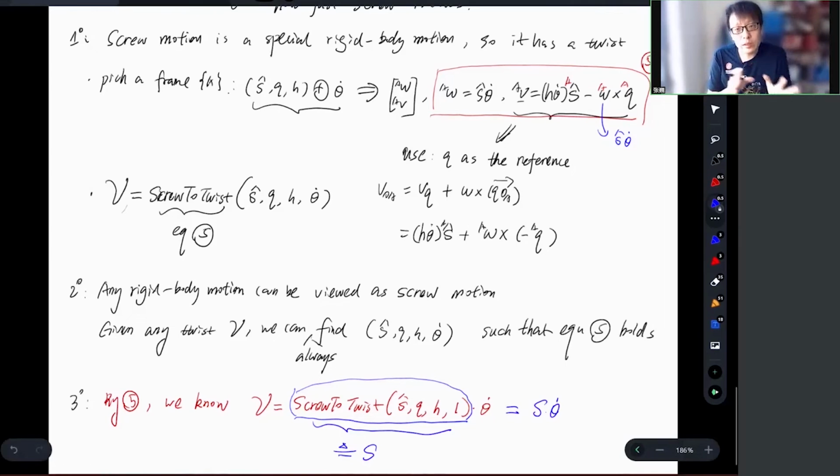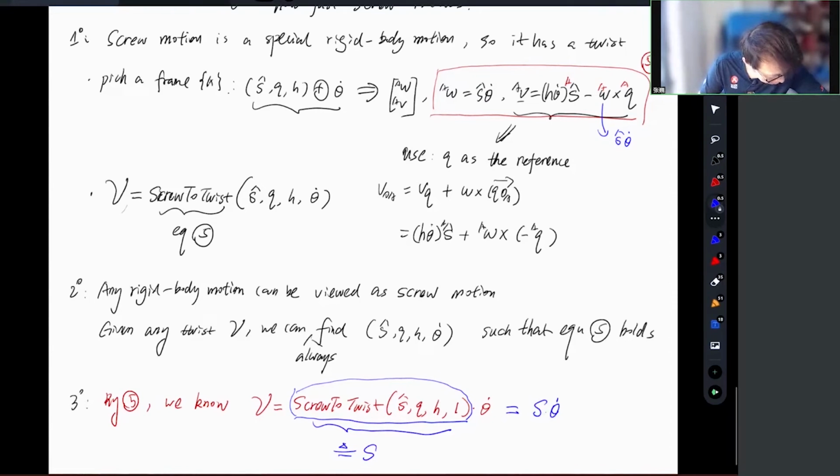That's where this expression's meaning comes from. Because screw to twist is linear in speed, I can write S times the rotation speed. In this case, this one is nothing but the twist